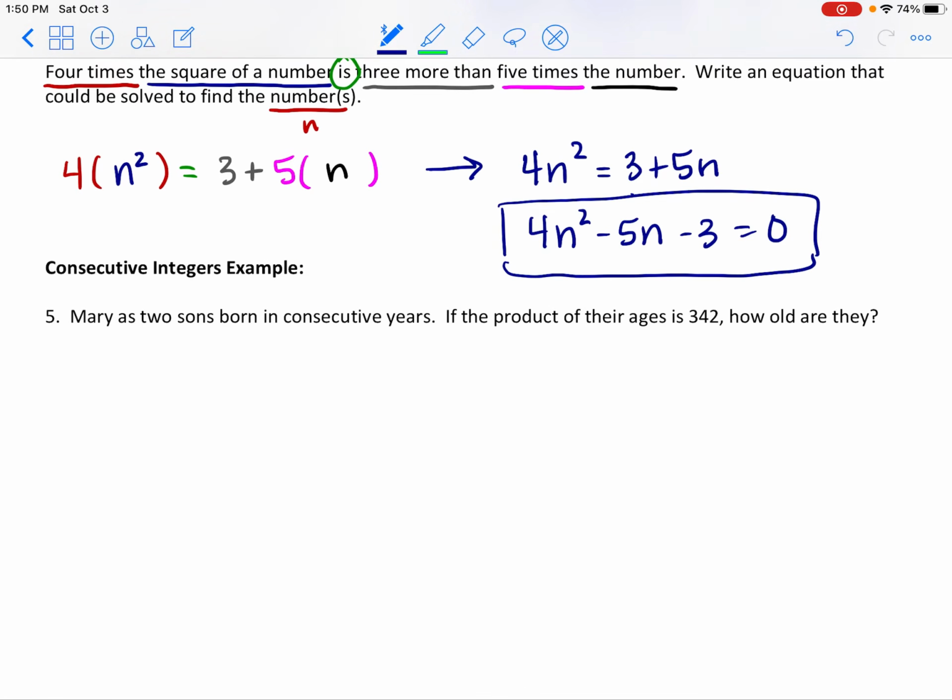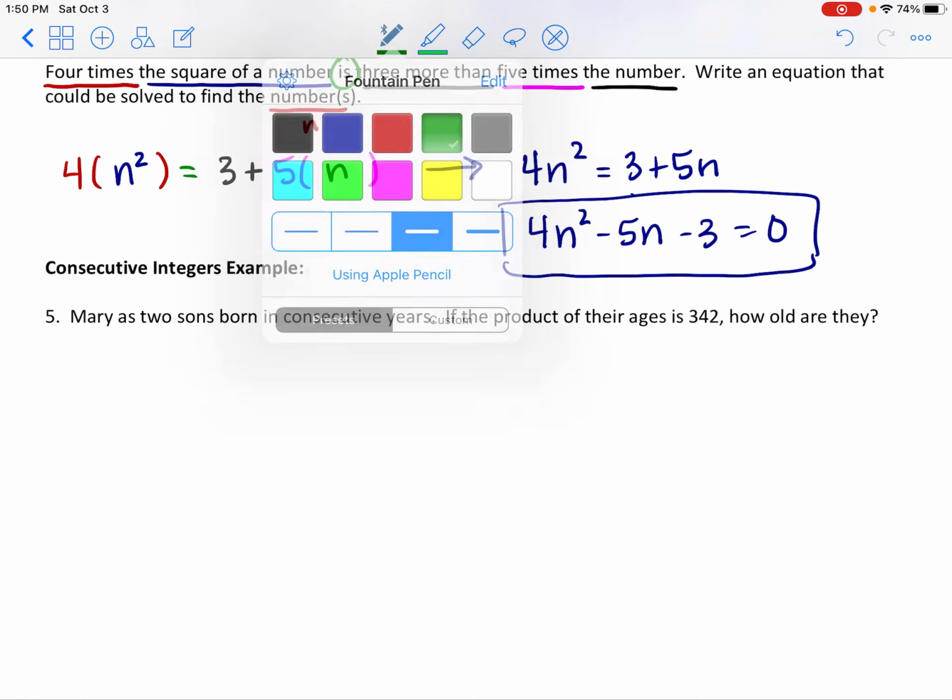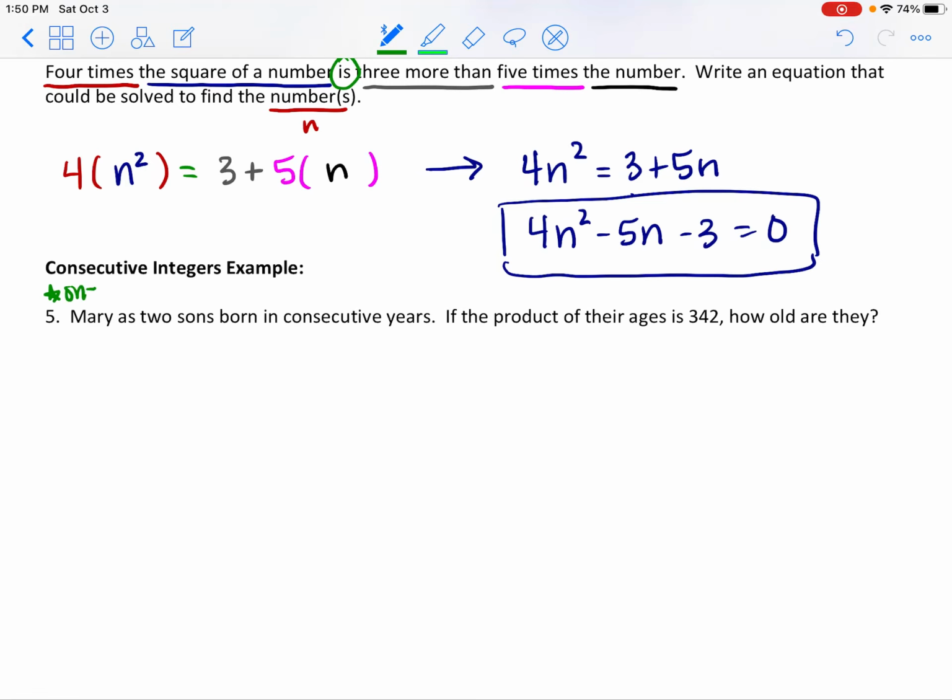This is a consecutive integers problem. Consecutive means one after another. So consecutive is one after another, like 1, 2, 3, 4, 5. These are consecutive numbers. So it says that Mary